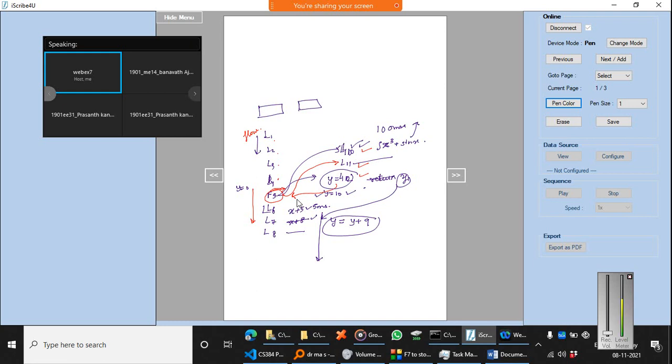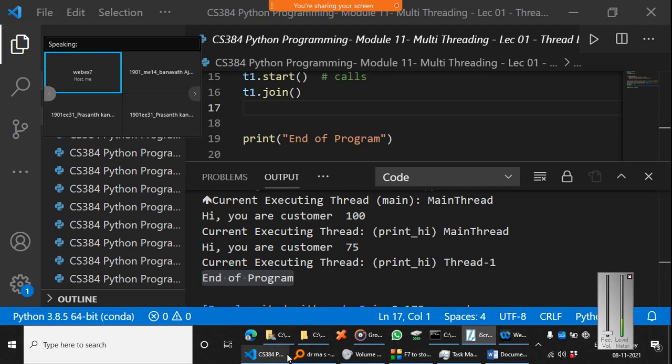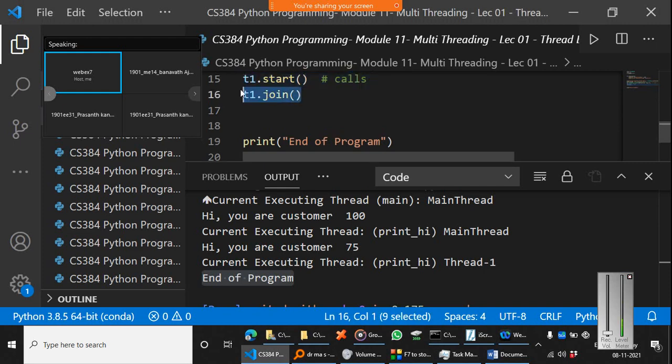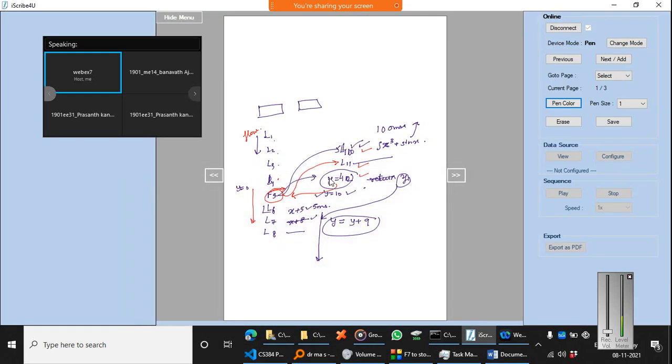Assume I am not waiting, which means I am not using t1.join. So what will happen? Y was 0 at line number 5. The function will be called, but all the proceeding parts will assume Y is equal to 0. So in the last line, Y equals Y plus 9 means 0 plus 9, which is 9.